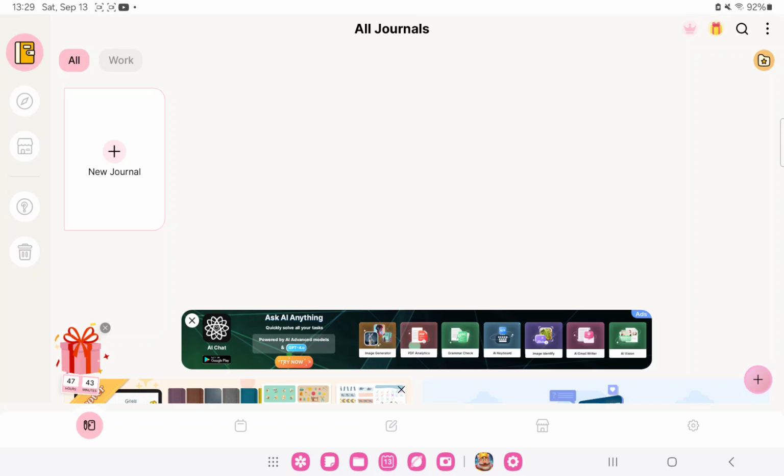So let's jump into it. First of all, open the application on your device. So that's the home screen, and you can find different buttons. Just go to the settings icon at the lower bar, at the lower right corner of the home screen,